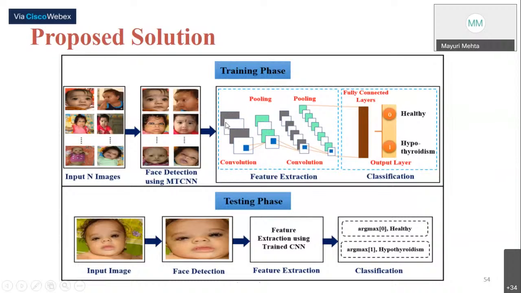We want to know whether the infant is suffering from hypothyroidism or not. If the infant is suffering from hypothyroidism, the class would be 1, and 0 represents that the infant is not suffering from hypothyroidism, that is, the infant is healthy. So this is a binary classification problem which we have solved using the CNN, and we have implemented it using